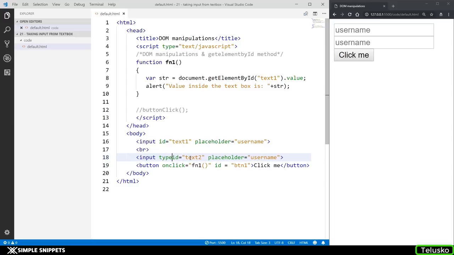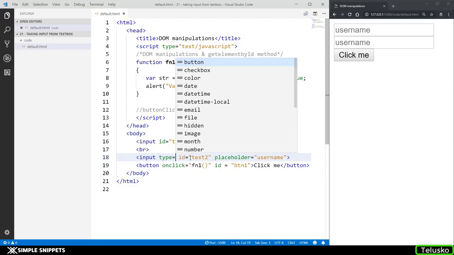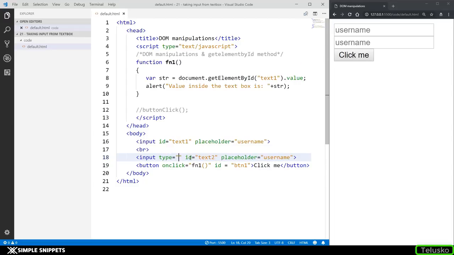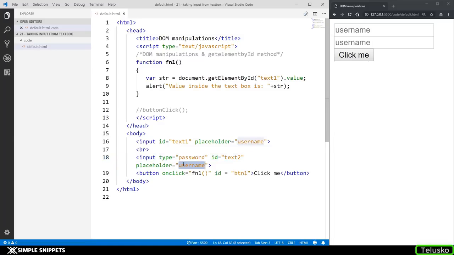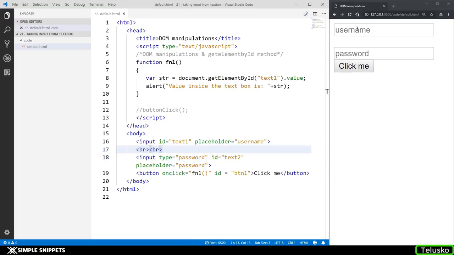There is a type attribute associated with input types, and when I say type equal to password, and in this I'm going to say password, if I type anything, you can see that I get these dots. This is what this input type does. I'm specifying that this input text box is only going to take a password, so do not directly show what you type in. Anyway, what I'm trying to say is just create two text boxes and take value from the user,